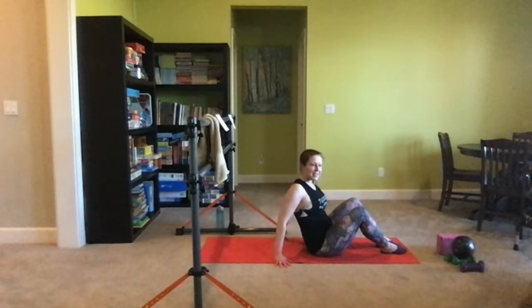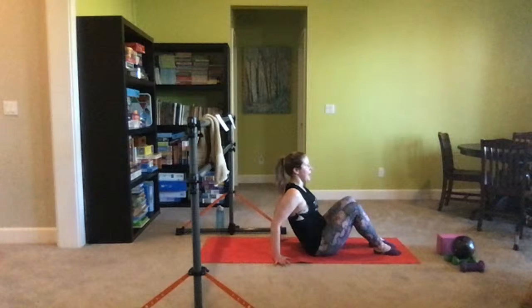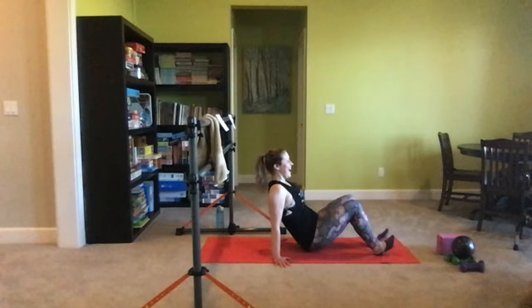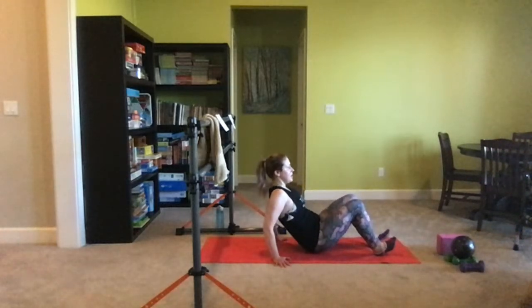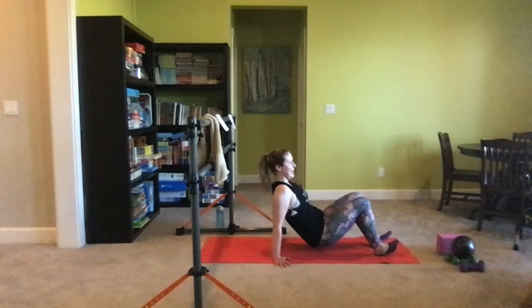You have the option to stay here with your booty on the ground. If you want a little bit more, I'm going to have you go ahead and lift up. Shift that weight back. Bring up those heels and take it down and up, down and up. Nothing else is moving. That booty is staying where it is. Your body is one solid structure, except for this tricep band. Give me 8,